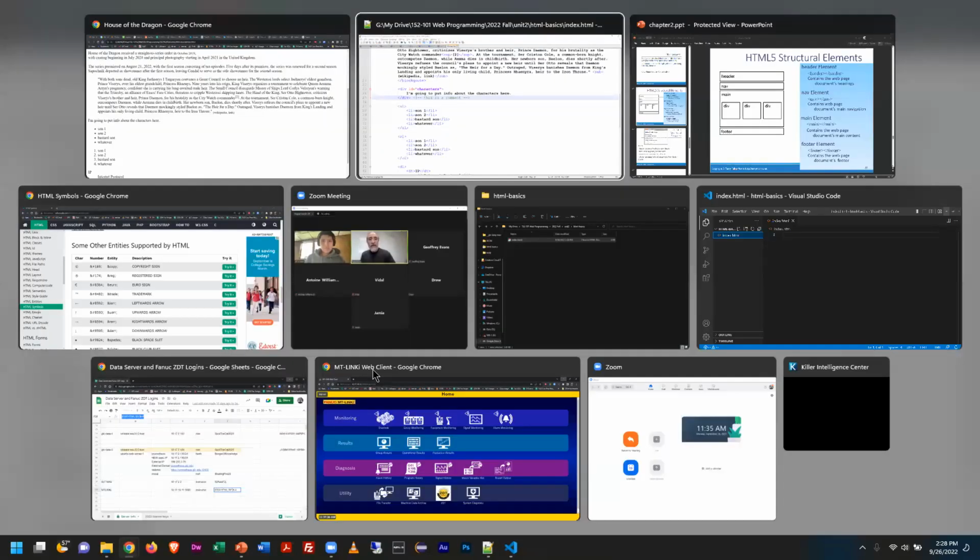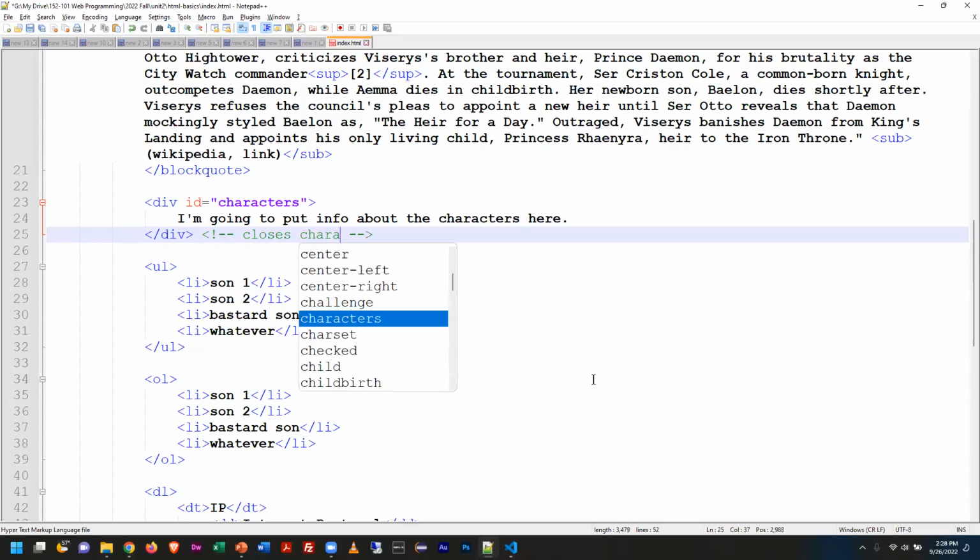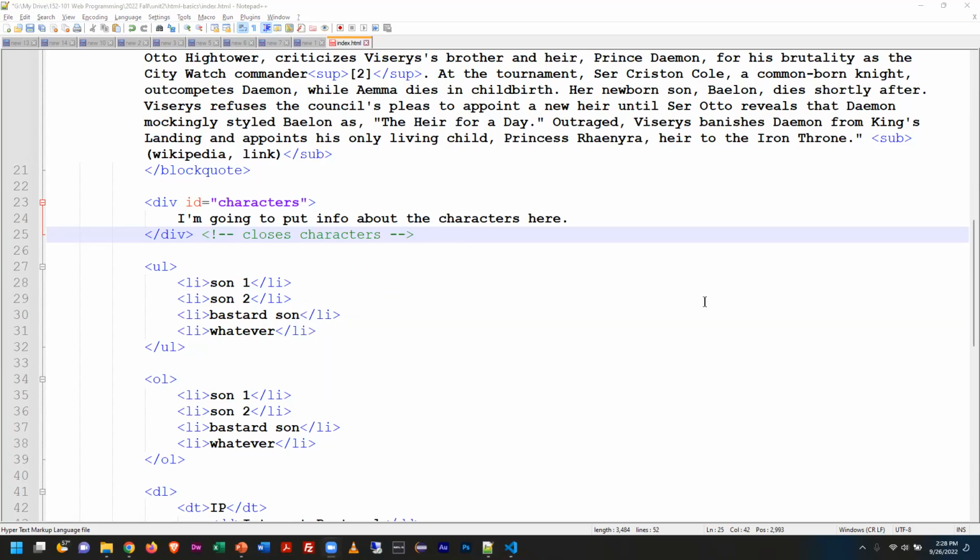So why do I use the comments? For me, whenever I'm doing a div and I'm closing it, I usually put a comment at the end that says closes characters. Because here's what happened to me in the old days. Everything would be in a div, and I'd have 50 of them on a page, and I never knew which closing div was attributed to the one that opened. So whenever I open and close them, I would do this, and that way I could at least keep track. That's just a practical tip. You don't have to do that, by the way. All right, let's